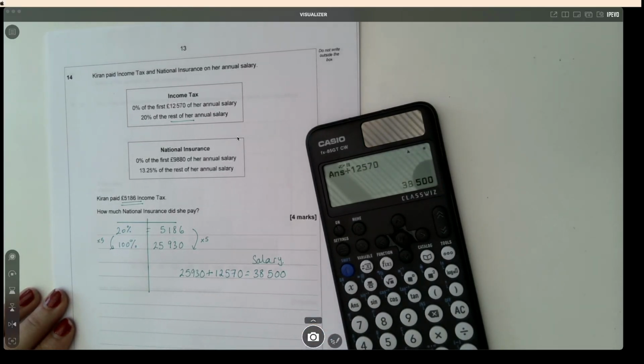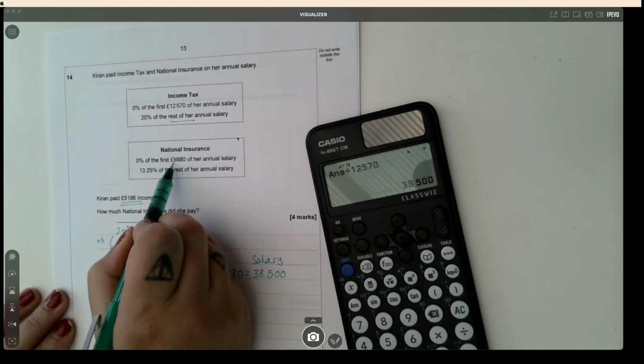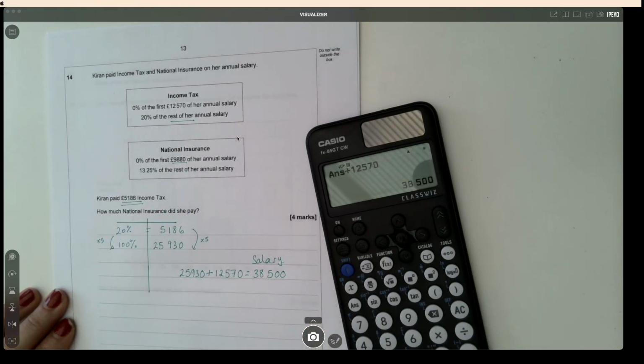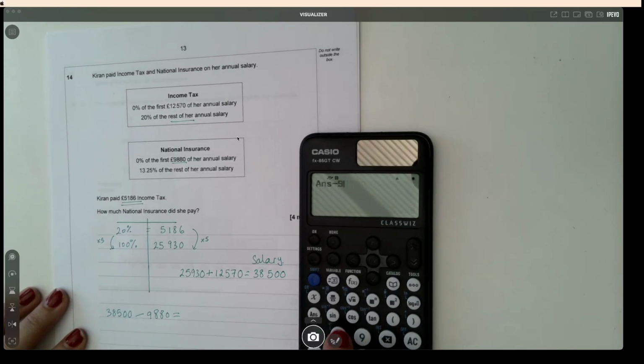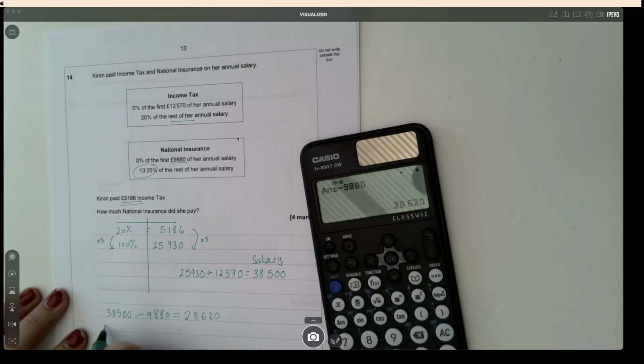Okay, so national insurance, she doesn't pay anything on the first 9,880. So if we take away 9,880, so she's going to pay national insurance on the remaining 28,620. So national insurance will be 13.25%. So 13.25% is